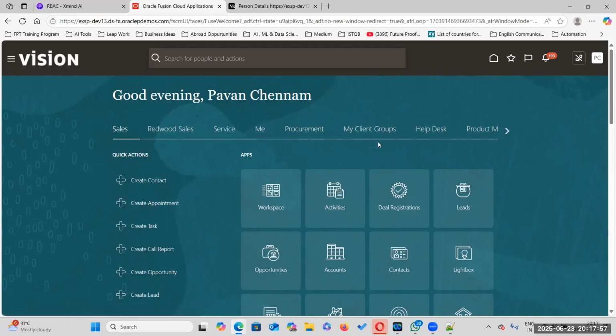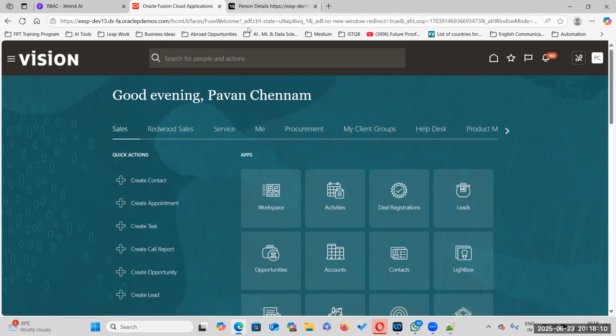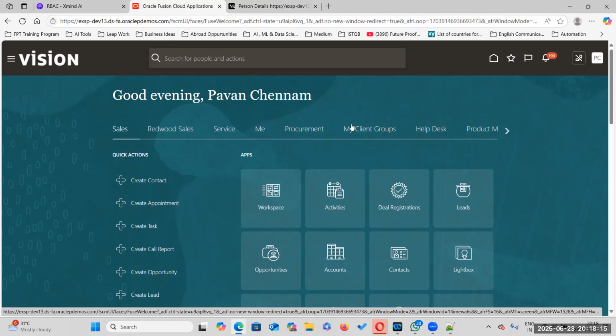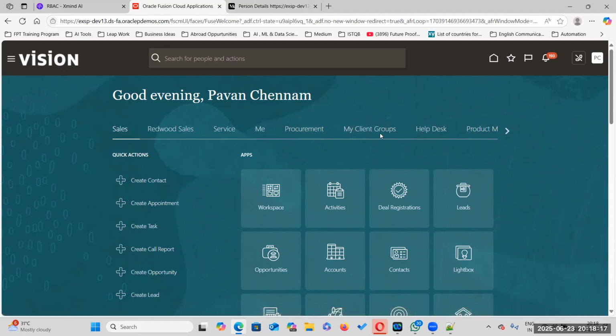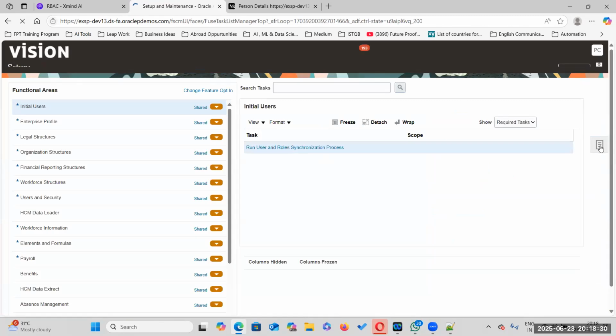Oracle itself has given a statement: whichever is working for you, you can select that one. That's why there are two things. So these are the seeded roles, right? Yes, sir. When you select a seeded role, obviously it should come, but it is not coming, which means they have accepted there is an issue. That's why they are maintaining two things. Otherwise, they should have removed that one.